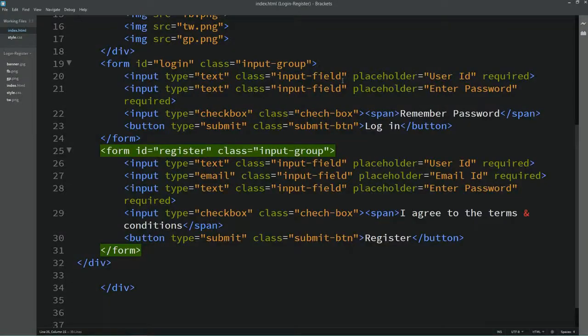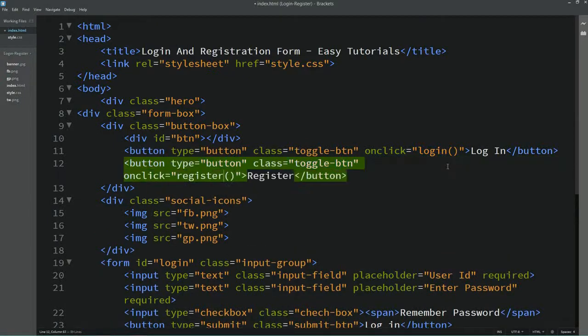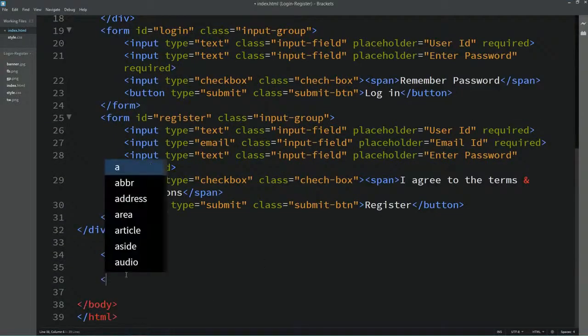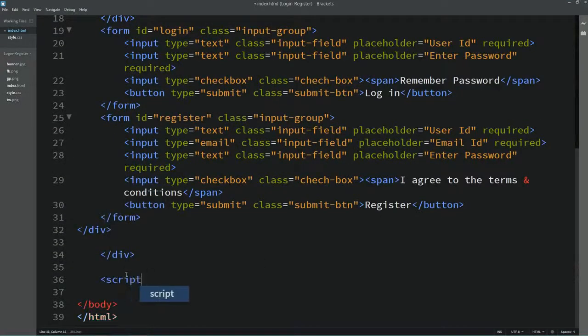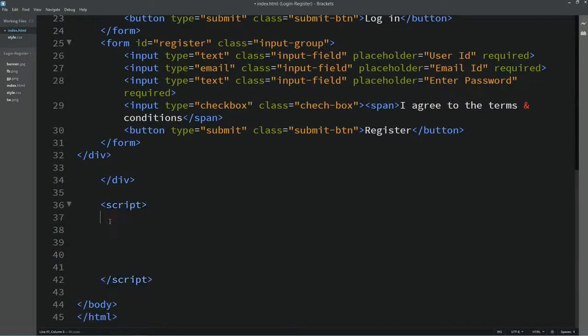For that just come back to the HTML file and in this button we will add one event, onclick equals login, and in the second button I am writing register. So these are two functions. Now just come to the bottom just above the closing body tag, and here we will write a script open and a script close. Next we will add var, which is variable x equals